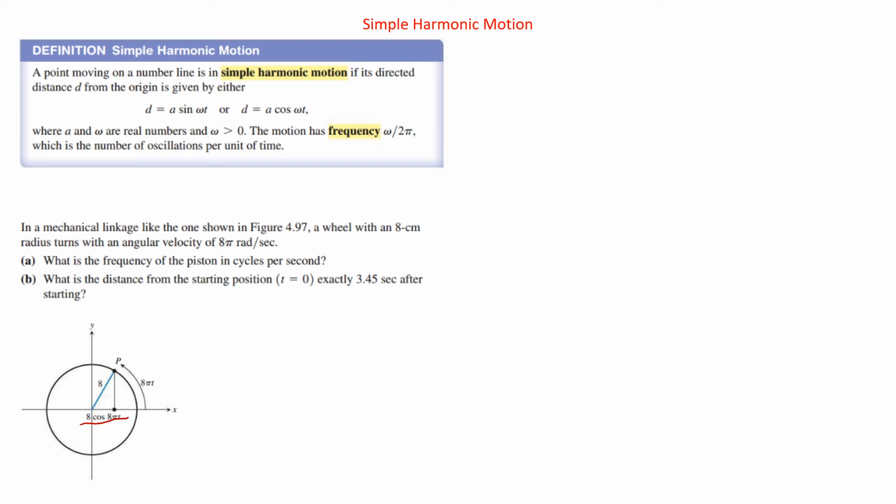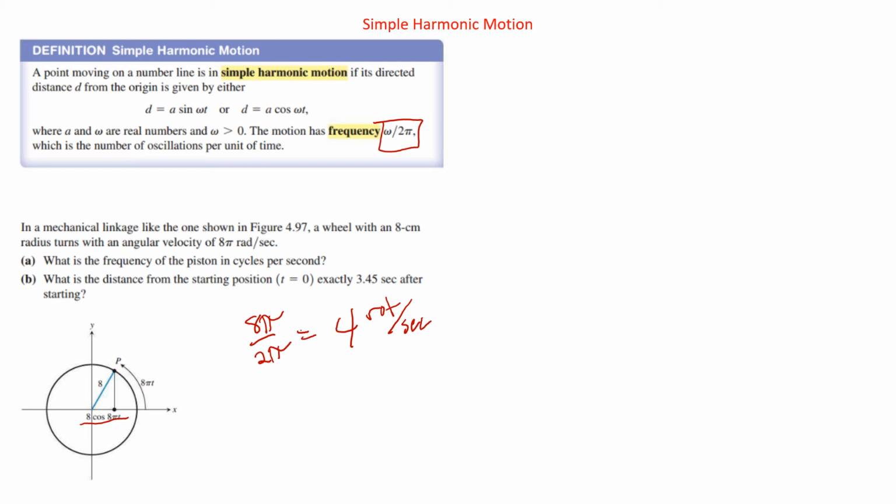But if the angular velocity is 8 pi radians per second, how many times does it go around the circle per second? The circle's only 2 pi, so it would be 8 pi over 2 pi, which is exactly what this is, which is 4. So the frequency is 4 rotations per second. And then what is the distance from the starting position